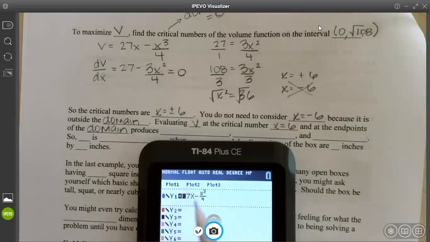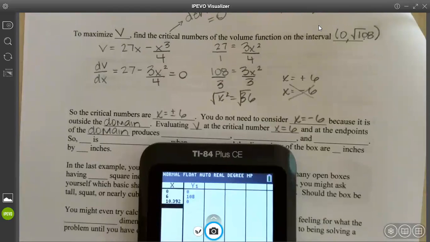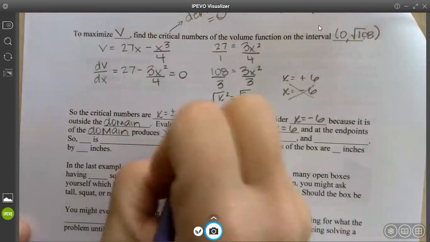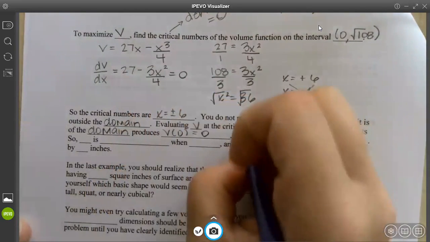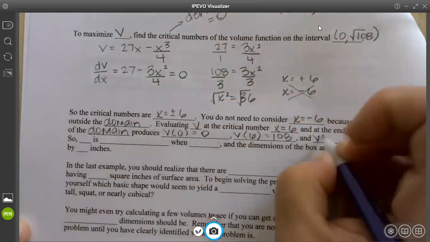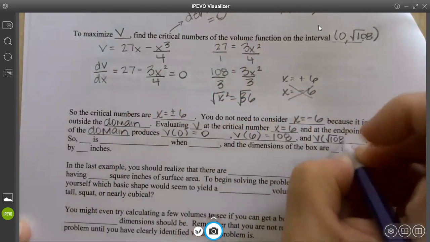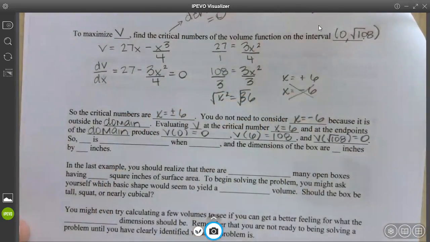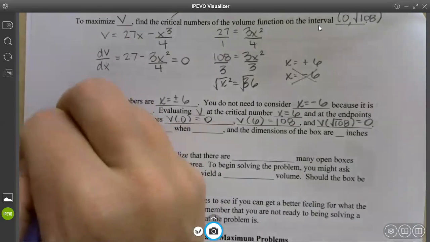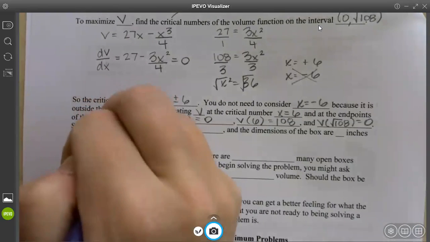So I put in my V, so we plug it into V. We've been doing this, right? So it's not new. And I got 0, 108, and 0. So I wanted you to know where this came from. V of 0 gave us 0. V of 6 gave us 108. And then V of square root 108 gave us 0. So V is a maximum